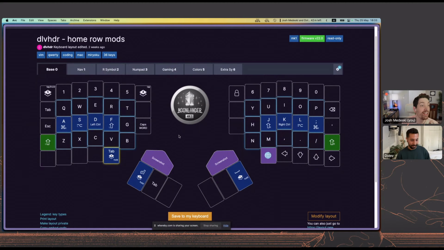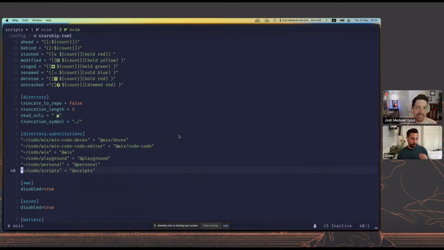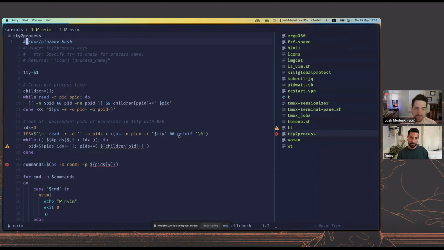All right. So let's talk about everybody's favorite, Vim. So you have Vim open. Are you using a distro? Did you spin up the configuration all yourself? Yeah, I spun up all the configuration by myself.